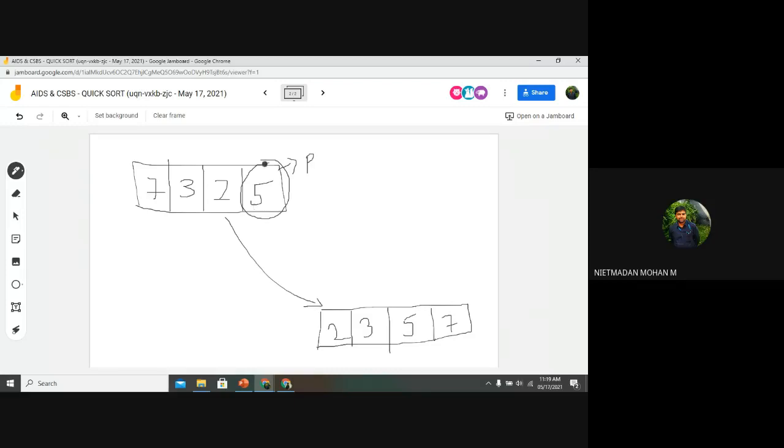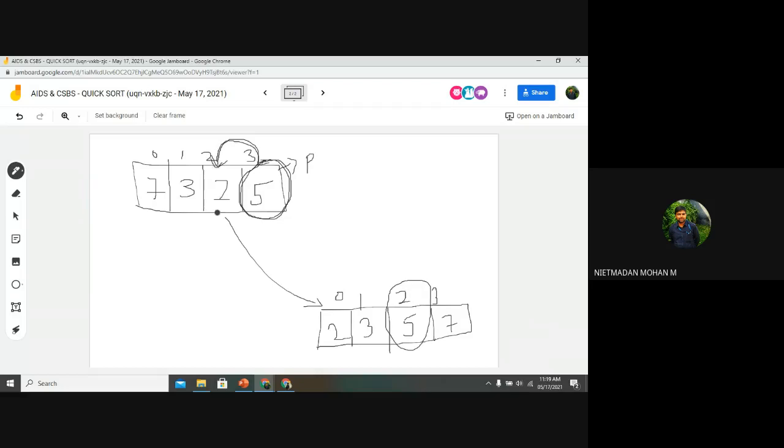So just imagine that I am taking 5 as my pivot number. What I want to do is place this 5 by index, 0, 1, 2, 3. So first thing in this quick sort is to take the pivot number and place that pivot number in a particular position. That is, the final sorted position is 2. So I want to place this pivot number value in the position called 2.